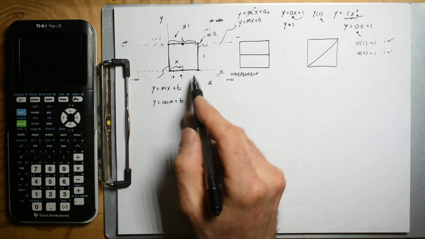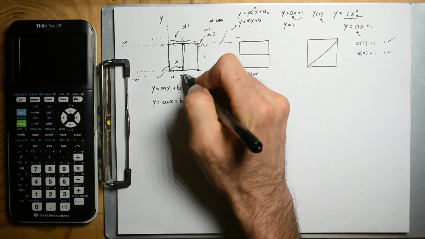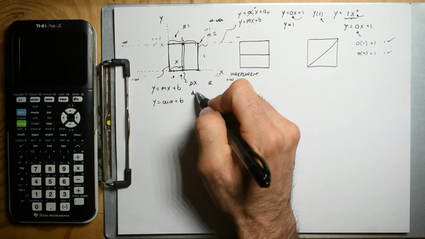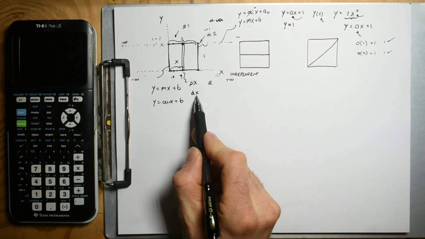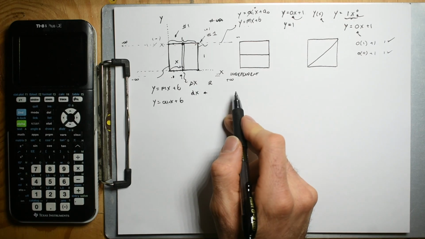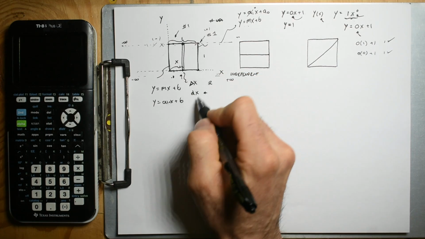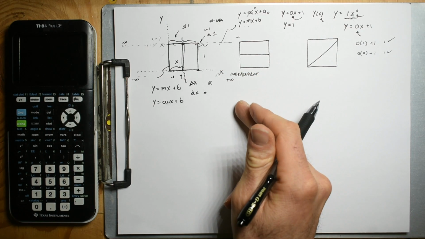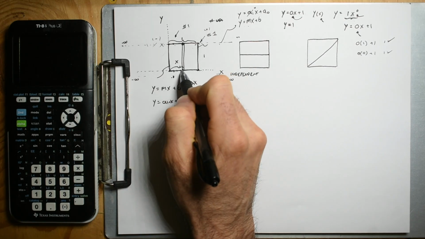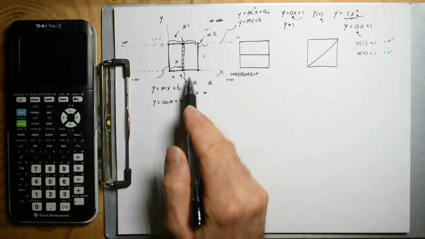And then what I want to do is find a little slice of area. So I'm going to change the x value. You could just go right to calling this a dx, which means it's infinitesimally small, but it's useful to always use this delta x. That way you can say, hey, this is my x, and then I'm going to change x a little bit, and now I can visually see that